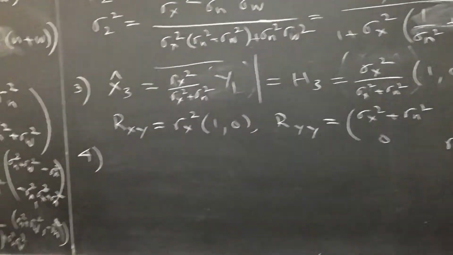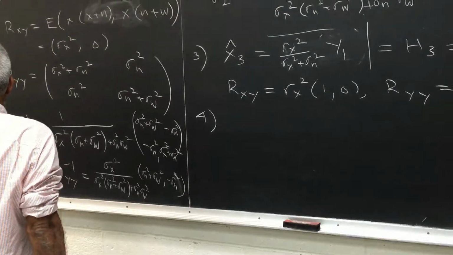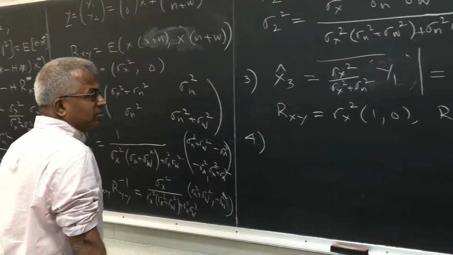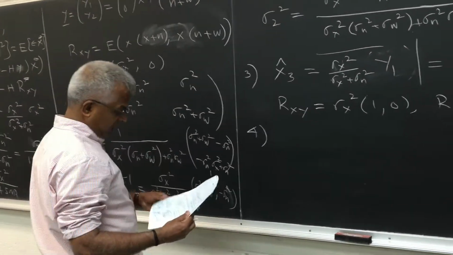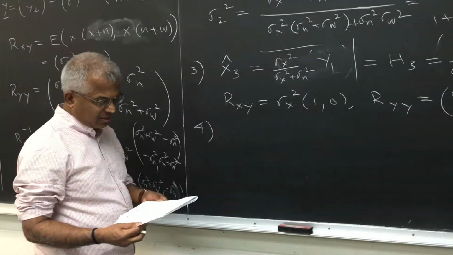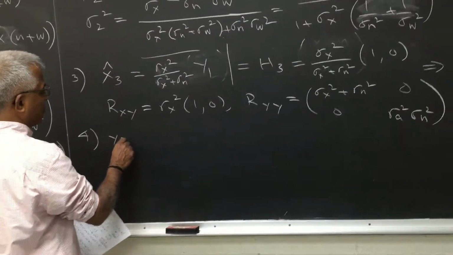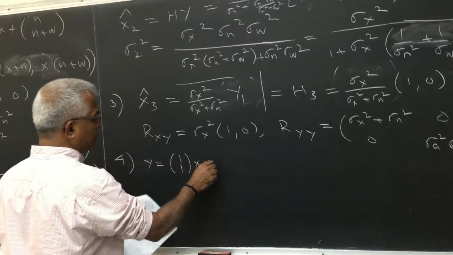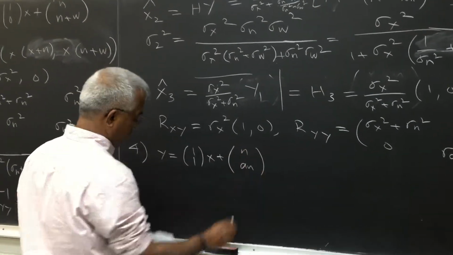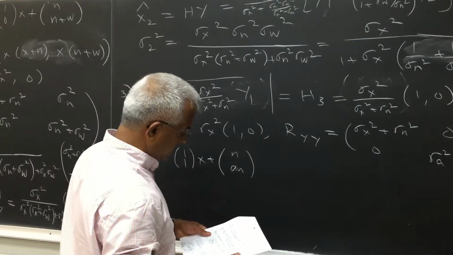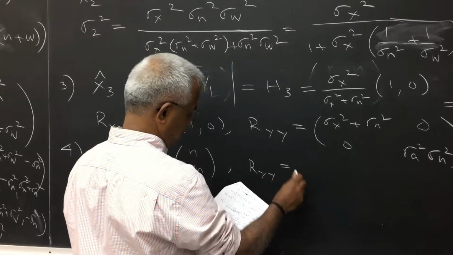The fourth one is where y1 is x plus n, y2 is x plus a n. So there, in the second version, you have a multiplicative version of noise. So the question is, is that useful? So one needs to work it out. So of course y is of the form [1 1] x plus [n, a n]. So if you work out the details, the Ryy here will turn out to be